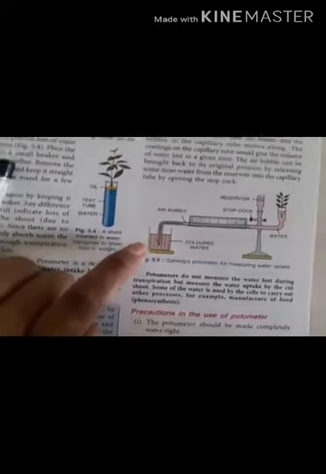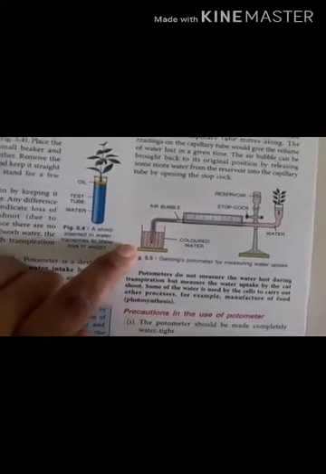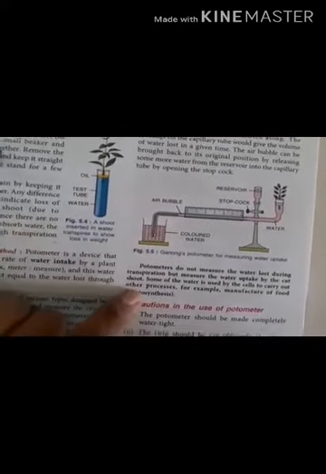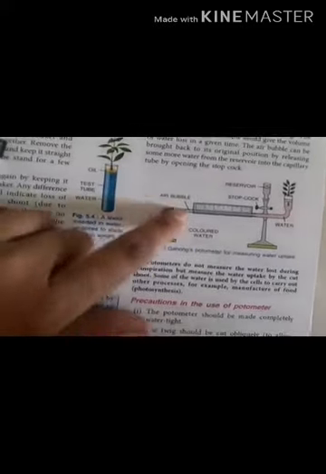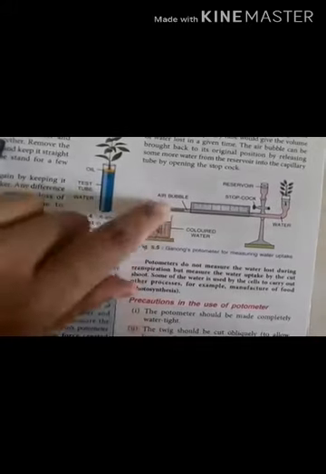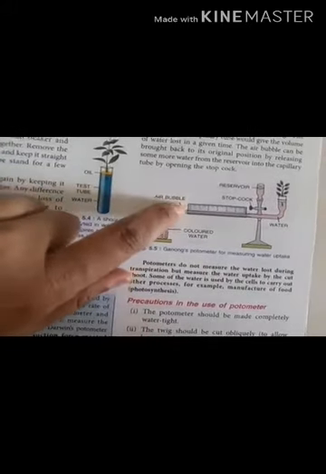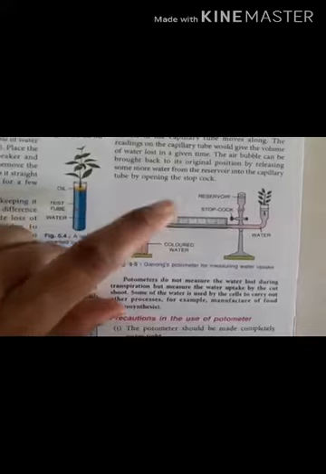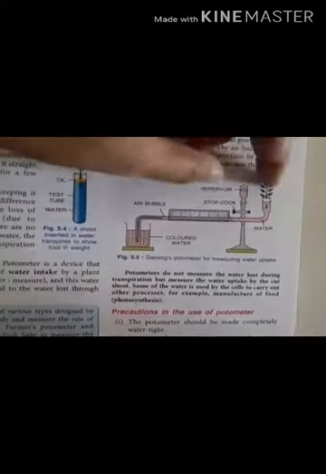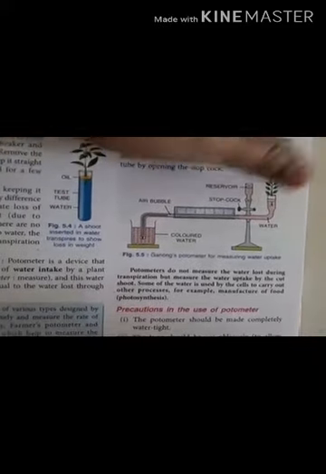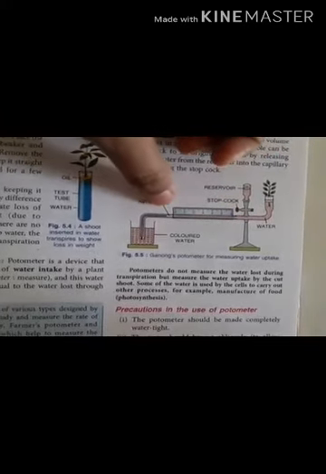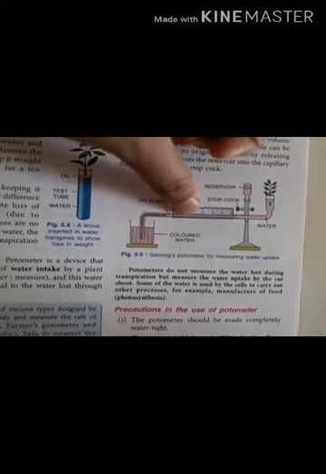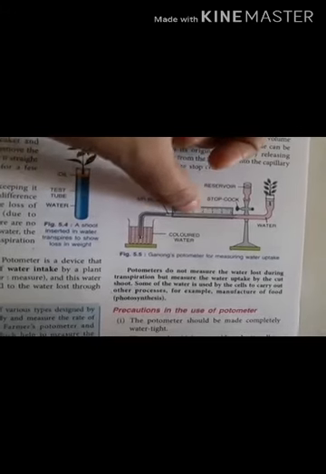Potometers are not measuring the loss of water, but what do they measure? They measure the water uptake by the cut shoot, how much water it is taking. Once again, this is a bent tube, this is the colored water. The bent tube is lifted up and a small air bubble is introduced over here. As the transpiration process, the loss of water, is going on, this particular part of the stem will be taking in water. As the air bubble proceeds further, we will be taking the reading of it.